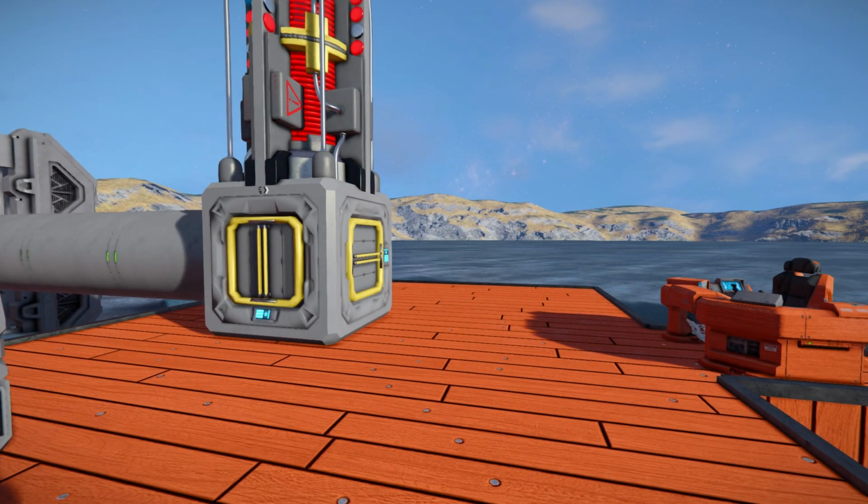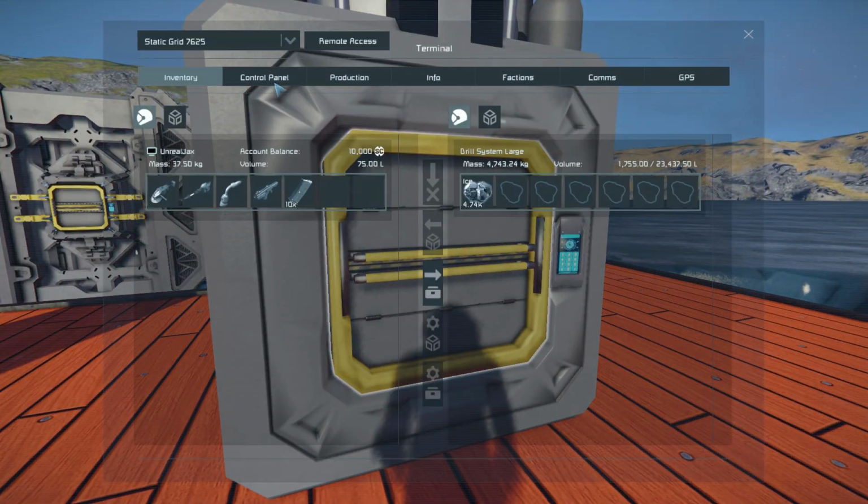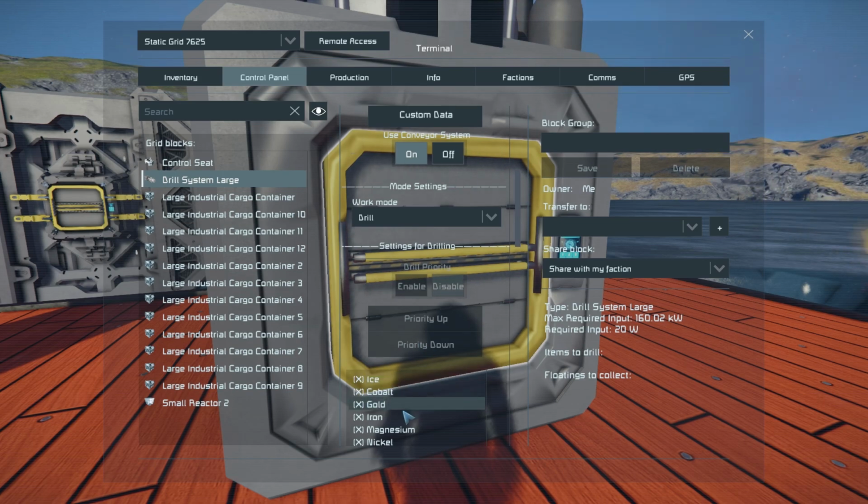But as you can see, it does have the yellow orb still collecting stuff up. It's still fully functioning, so we're just going to ignore all the color patterns and just come straight inside it. So into here, into the control panel, we now got a few more options. Unlike before, where we just had to select what we want to drill, we now have a work mode,